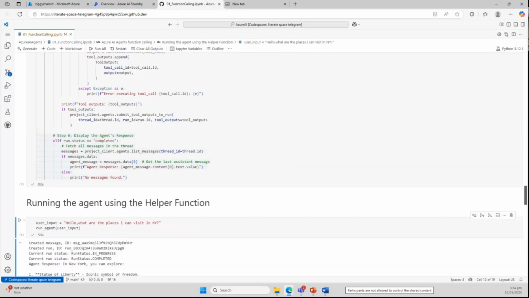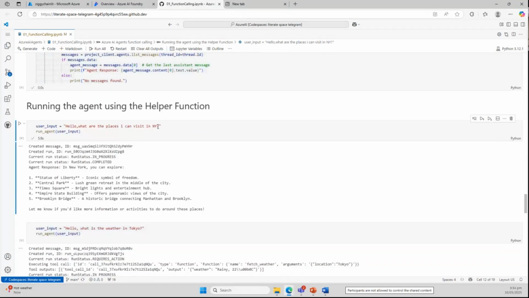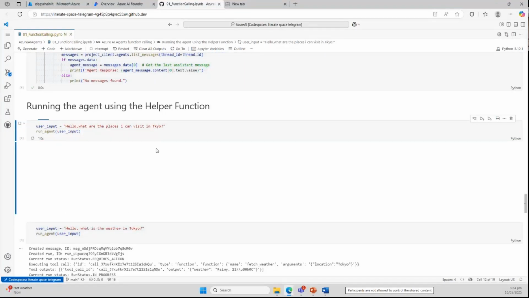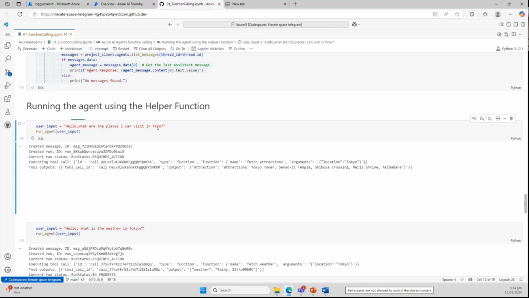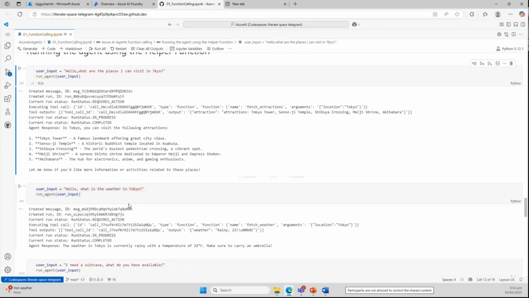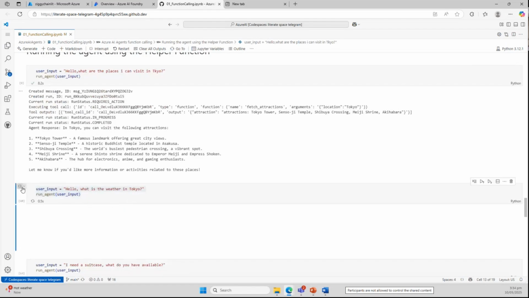Yeah. So let's say here, let's make this Tokyo, and we'll make it not the improper one. So even with that one, it already knew to use the fast attractions, let's get Tokyo, and then from here, we provide the Tokyo information. And from here, what is the weather in Tokyo?